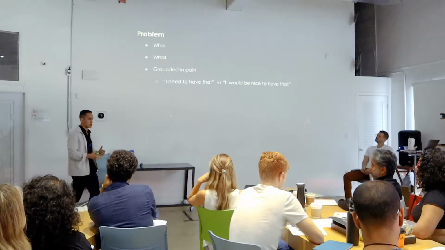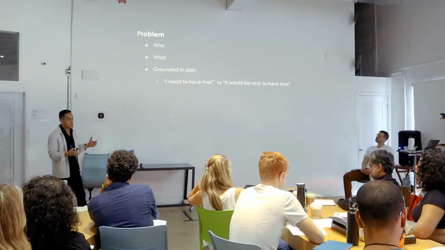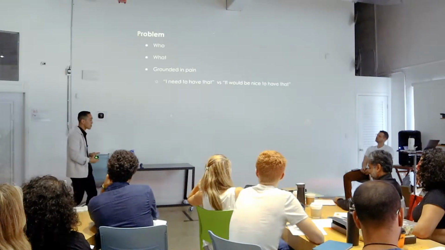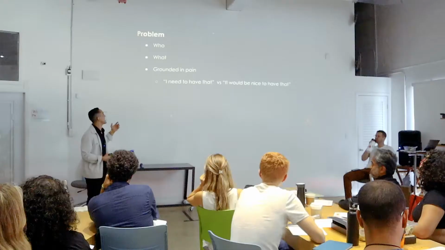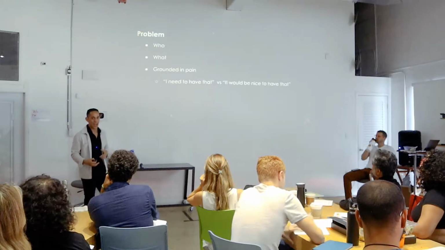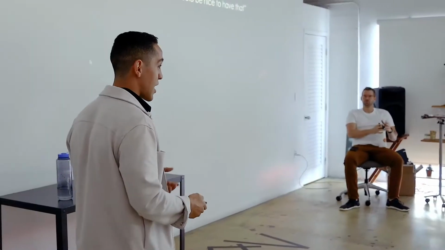Now, let's say he decided to start with the problem. Let's say someone is overweight, right? And let's say he helps that person. And that's a person that's in pain. It's a person that might have health problems. Every day they might be waking up, looking in the mirror. They're not happy. That's something that's causing them a lot of pain, right? So when you present a solution to that pain, they're going to be very motivated to take action on this. So these are a couple things that you want to think about when you choose that problem. And if you guys already have a product that you've created, analyze if your product or service is grounded in pain.